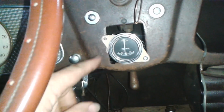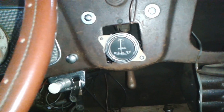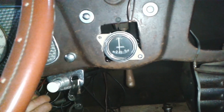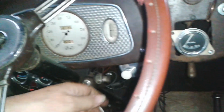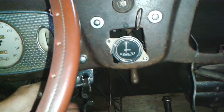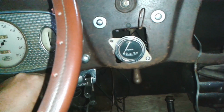So all the troubles I had earlier were due to a not very good power supply. That appears to be a good power supply. I might take it apart and see exactly how it's made and make another one for the 32. But that's great, isn't it? Because bang, now I've got a working fuel gauge. Okay, it's not particularly pretty,